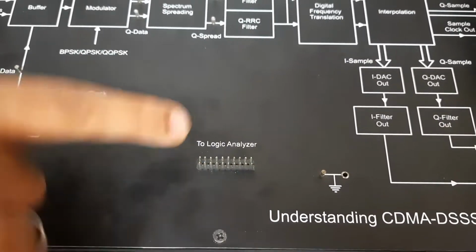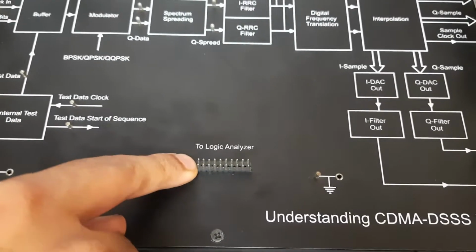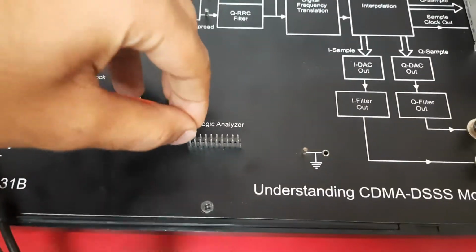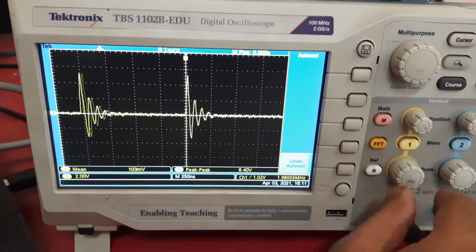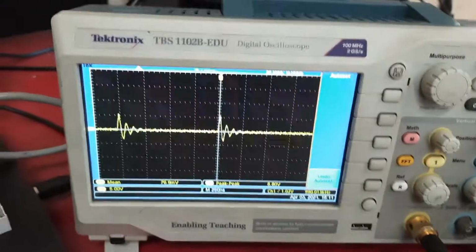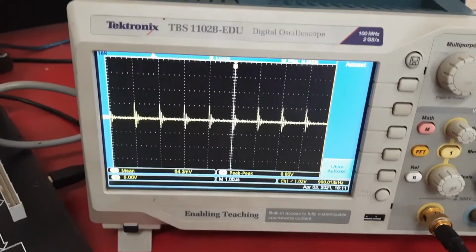So these are the ground pins, these are the test pins. The first pin is for chip clock. I connect the DSO on this first pin and observe the chip clock signal. So you can see the chip clock signal like this.